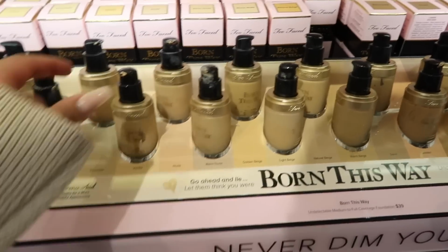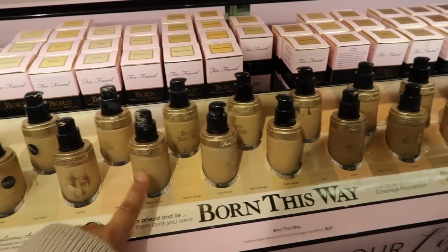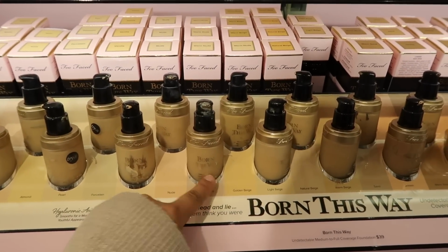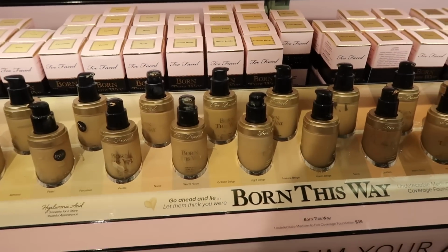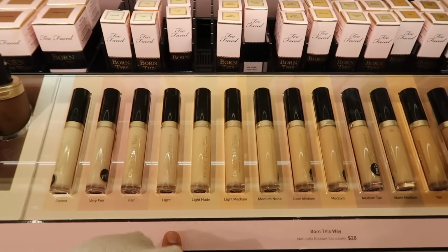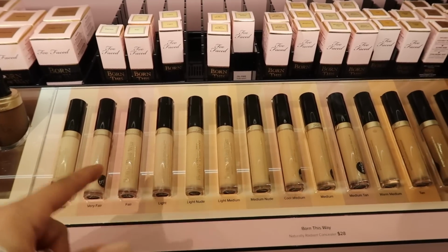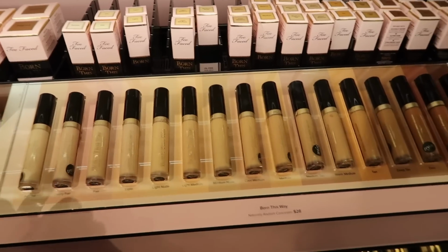And then the Born This Way foundation, I told you guys as well, is one of my all-time favorite ones. $39 for this one. I like it because it has really good coverage, but it still looks like your skin tone color. And then the Born This Way concealer, $28. This concealer has a really good formula. It doesn't make you look way too white in your under-eye area. Like when you take pictures, it doesn't have a lot of flashback, and it smells like coconut, which is something